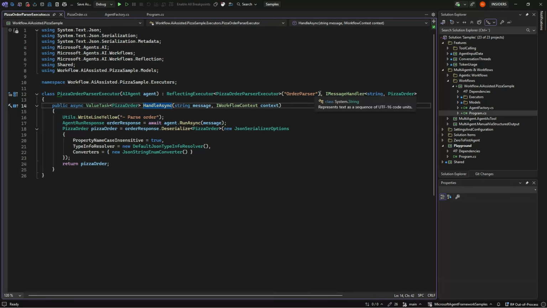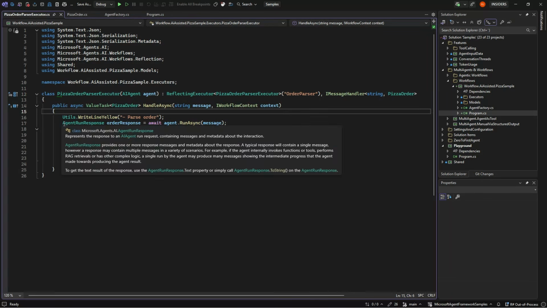We could have this interface multiple times, so it could be text, but it could also be an MP4 file with the voice of the user, and we could pass that and so on. So an executor can have multiple handles if need be, but in our case, we'll just keep one.